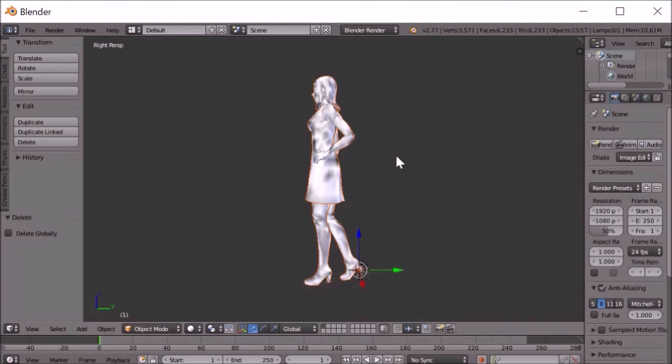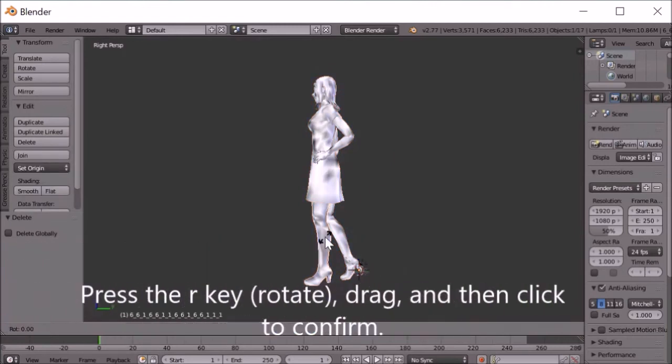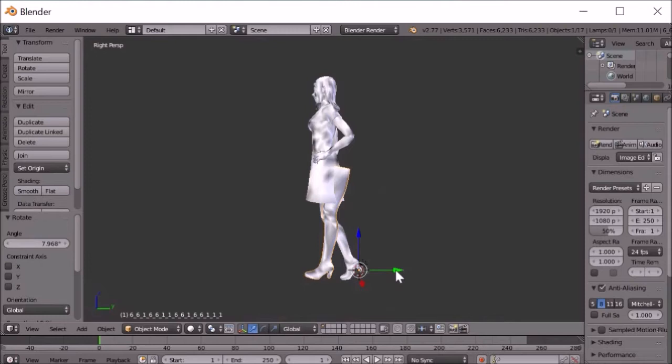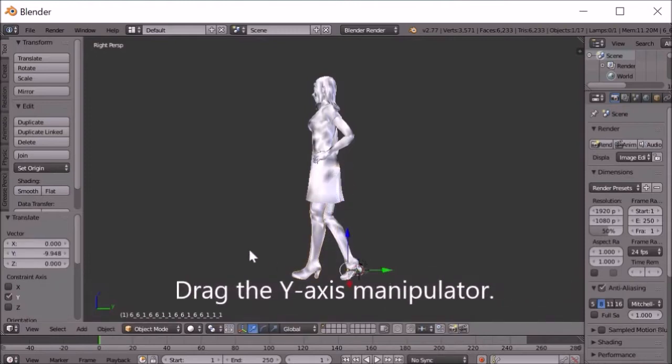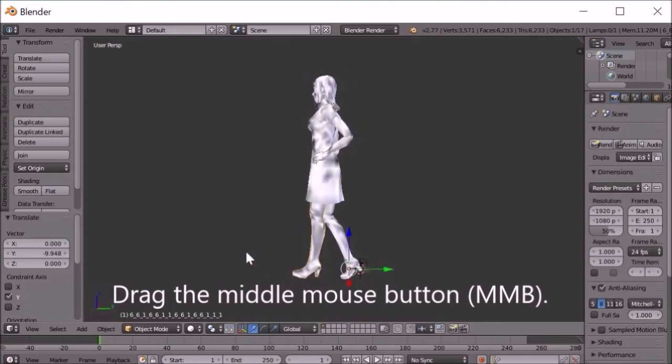3 key on the numpad. Right-click the left leg. Press the Alt key, rotate, drag, and then click to confirm. Drag the Y-axis manipulator. Drag the middle mouse button, MMB,